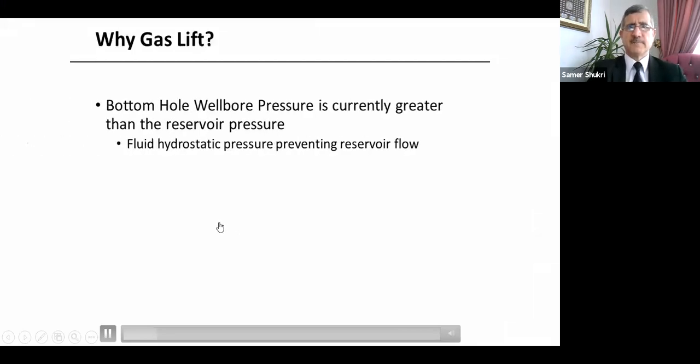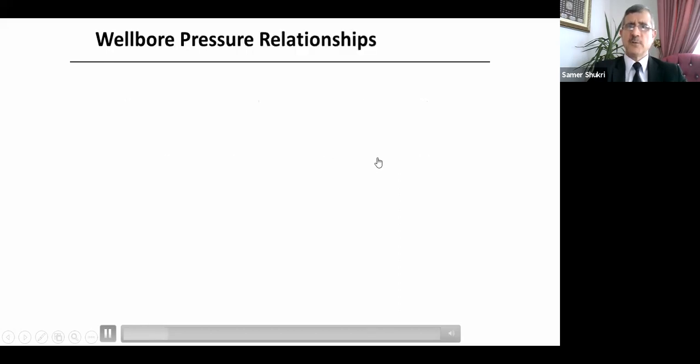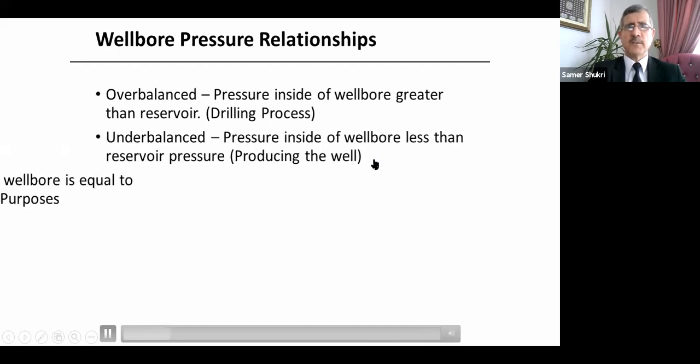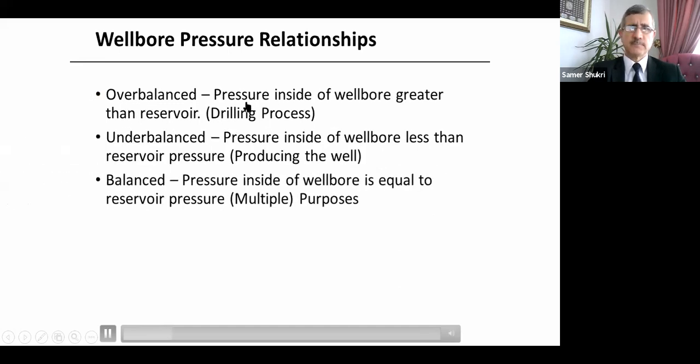Why gas lift? So, why do we need gas lift? If bottom hole wellbore pressure is currently greater than the reservoir pressure, the fluid hydrostatic pressure will prevent the reservoir flow. I told you that we offload this to outside of the well. Let's discuss wellbore pressure relationships. There are 3 scenarios of wellbore pressure relationships. The first scenario is called overbalance,